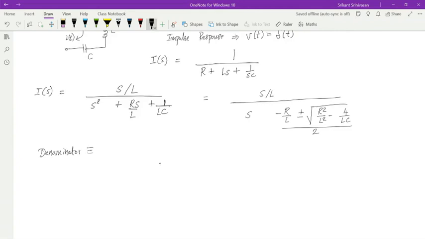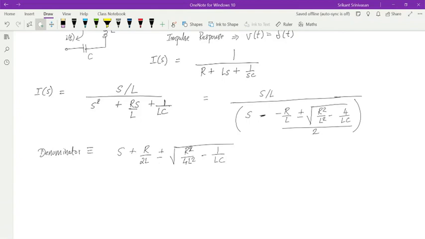So we have that it is equal to s. Since the roots are minus all of this and the equation is s minus this, the equation becomes s plus R over 2L plus or minus root of R square over 4L square minus 1 over LC. Okay. Now this is basically the denominator term. I have two values here. Everybody is following this? Because this is a second order thing.